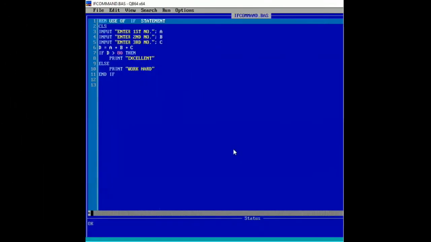Now let us see the use of the IF statement. Three variables are used here to enter the numbers.